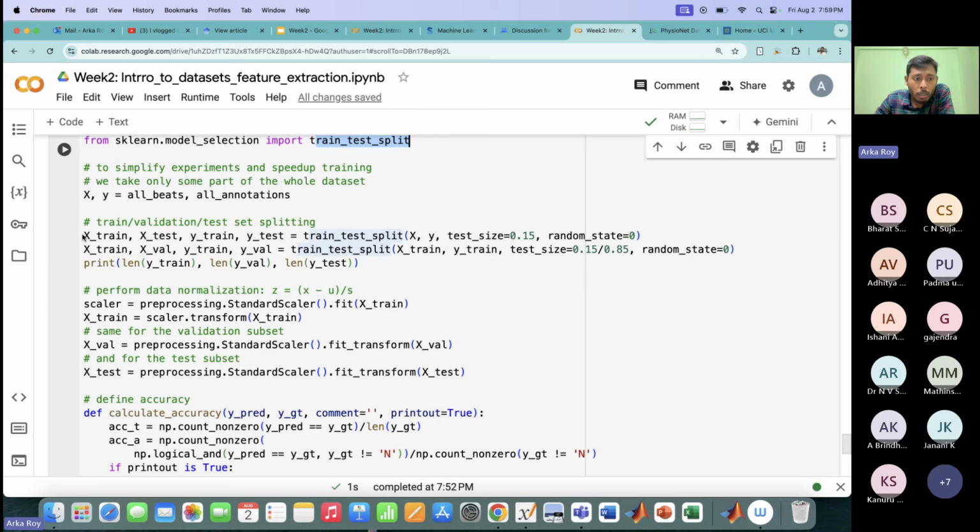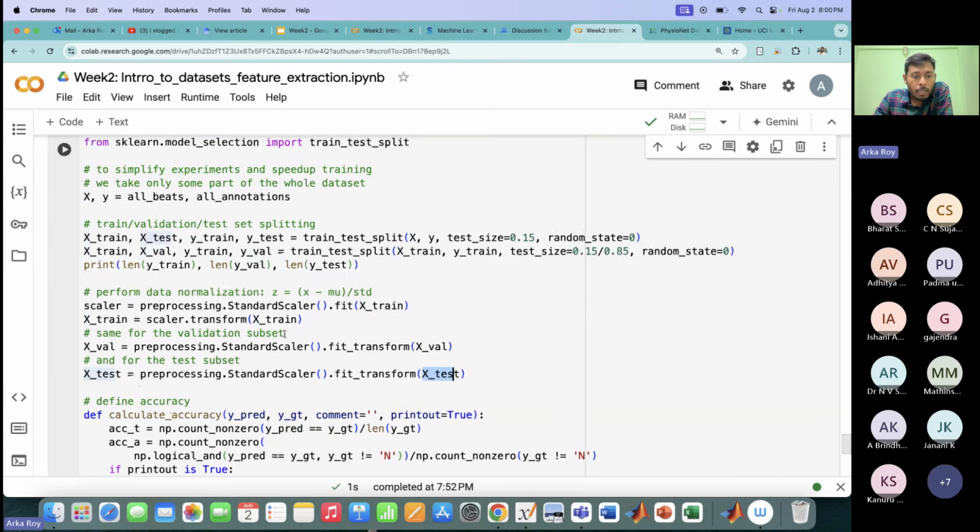And after you segregate all this into training, testing, and validation, what I'm doing is data normalization. That is x minus mu, the mean, divided by the standard deviation, STD. I'm doing this for all the data: X train, X validation, and X test. And then